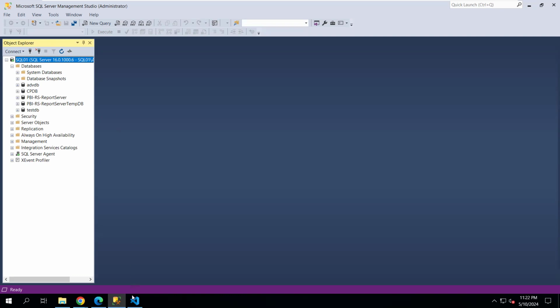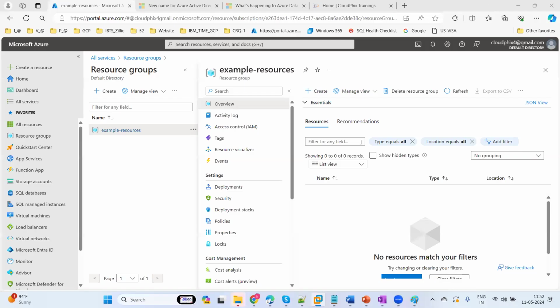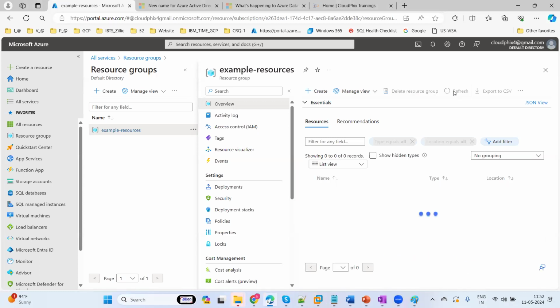All right. Now let's see the Terraform related part. Okay, so creating the database and creating your server. First, it is going to create the server. Let's see whether the server got deployed or not. Just go and refresh it, which is going to show me the